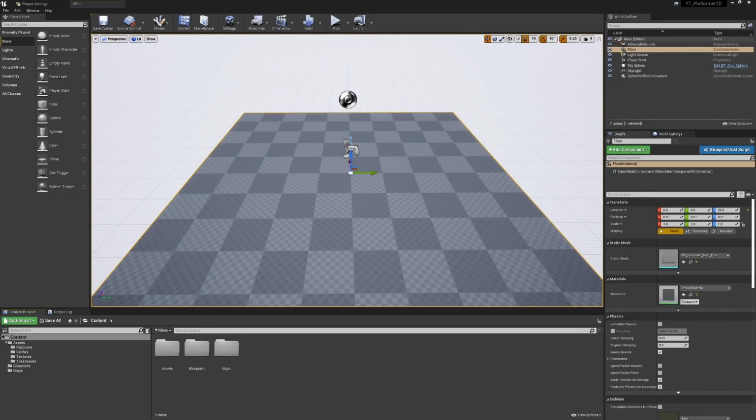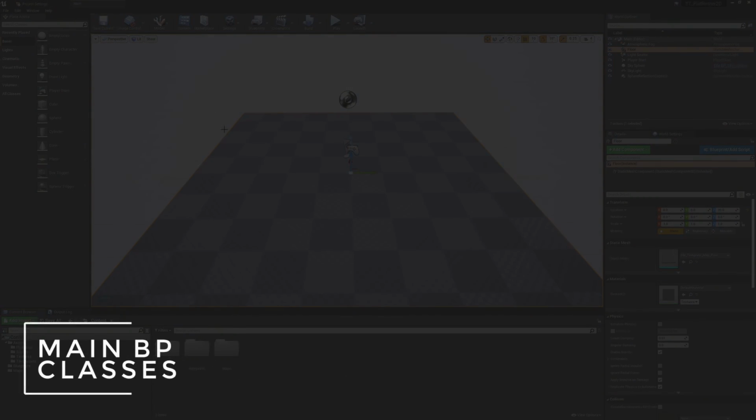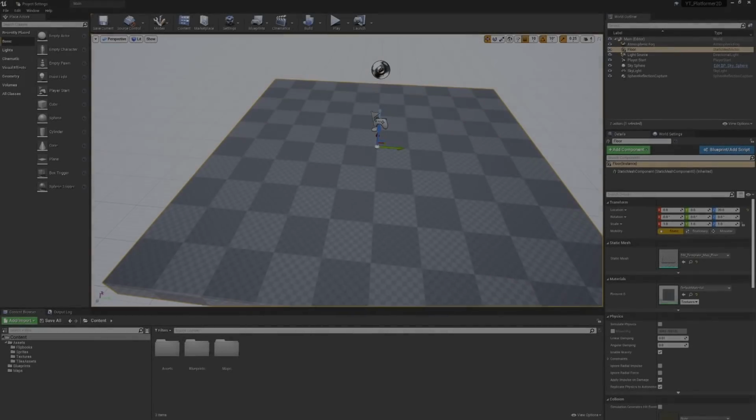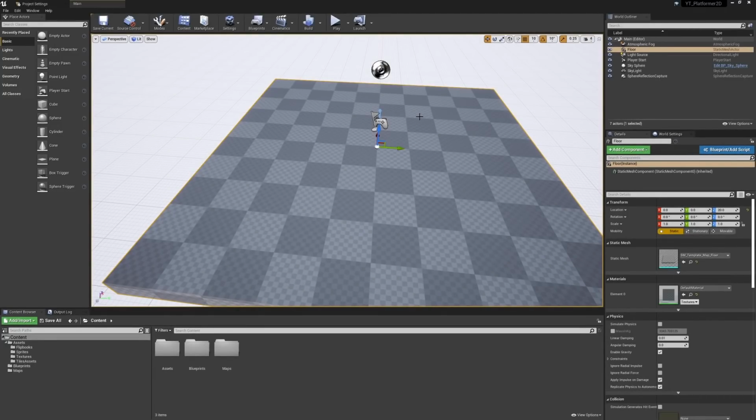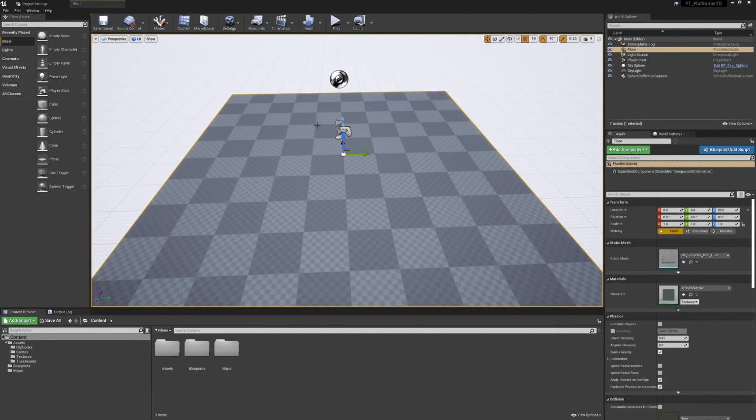Now that also allows us to do something else, which is to set some project defaults, and we'll go into that in just a moment. Basically, we want this to be the map that we load up as soon as we close and reopen the project. Before doing that, we can also set some of the other defaults, such as the character that we'll be